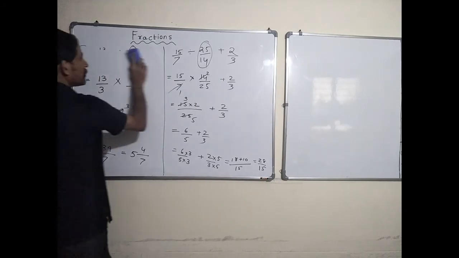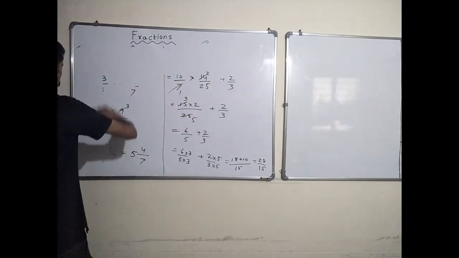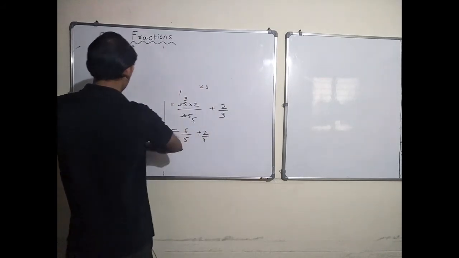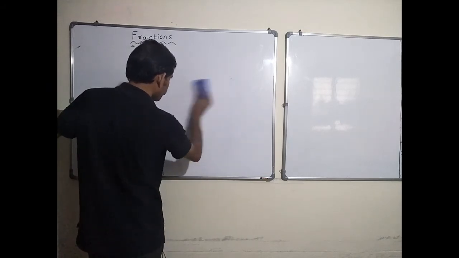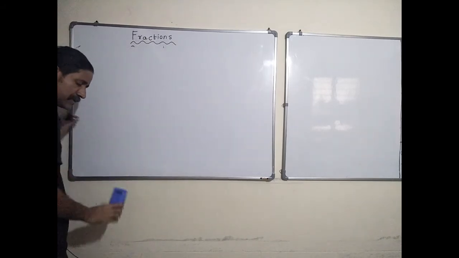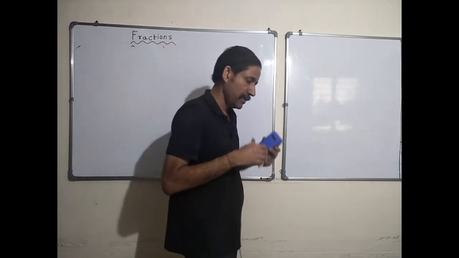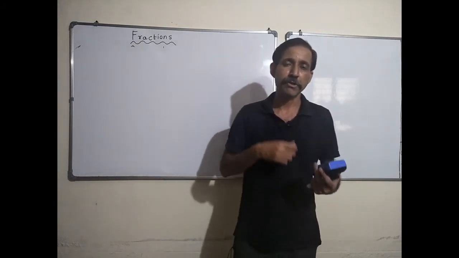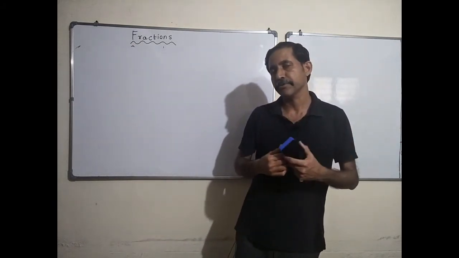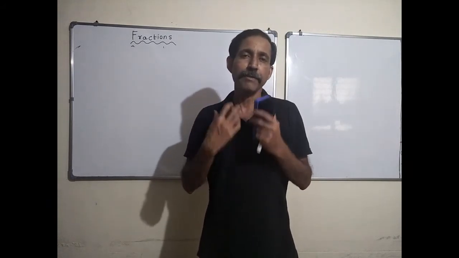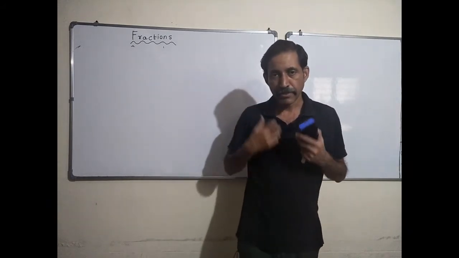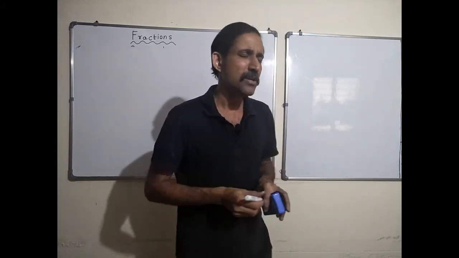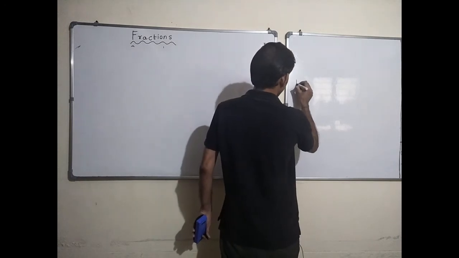Great, right? So you understood how to add fractions, subtract one fraction from another, how to multiply two fractions, and how to divide as well, right? What happens if in a particular mathematical expression you have many fractions with operations like division, multiplication, and so on and so forth? How are you going to evaluate that expression? You guessed it right, we are going to use BODMAS. BODMAS anyway you have studied in the previous chapter as well. So let's quickly write down what BODMAS stands for.